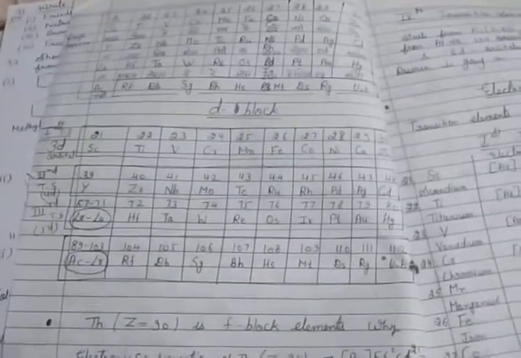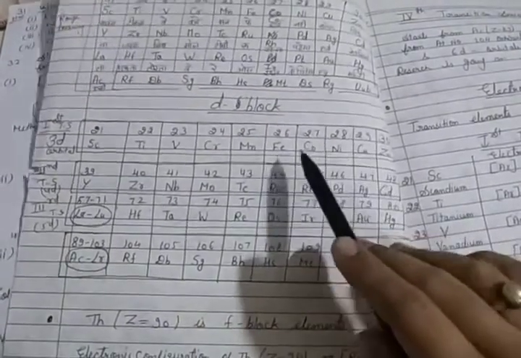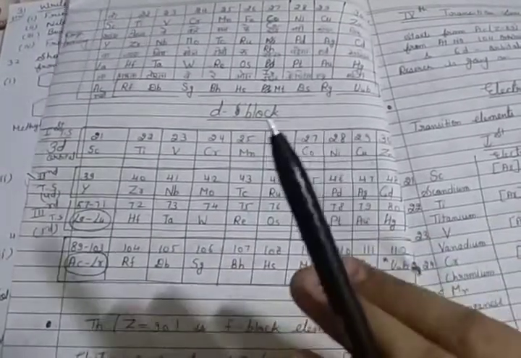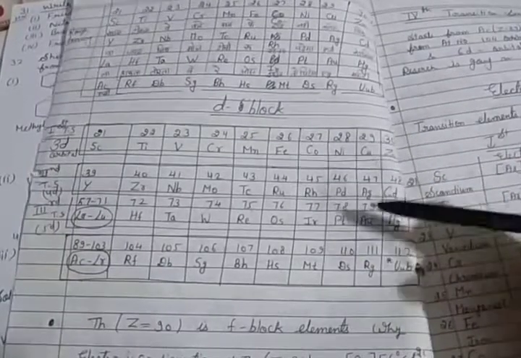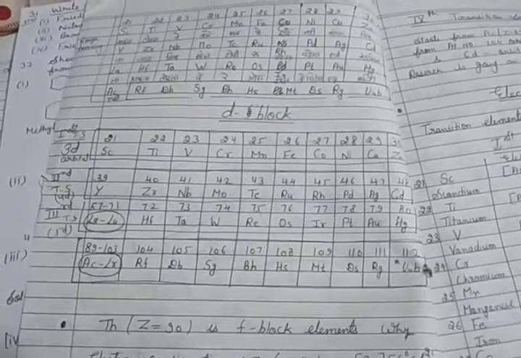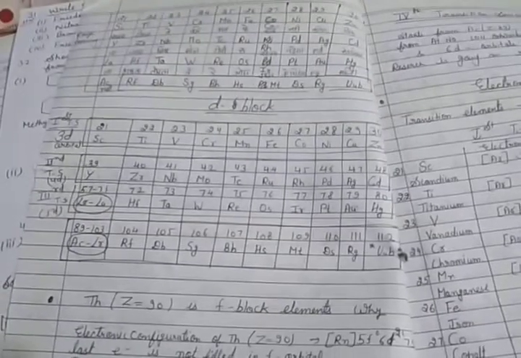Then let us start electronic configuration and oxidation state of the 3d series, because first you learn all the 3d and 4d electronic configuration and oxidation state. Then after that we will start concept wise, one by one. So the first topic: electronic configuration.